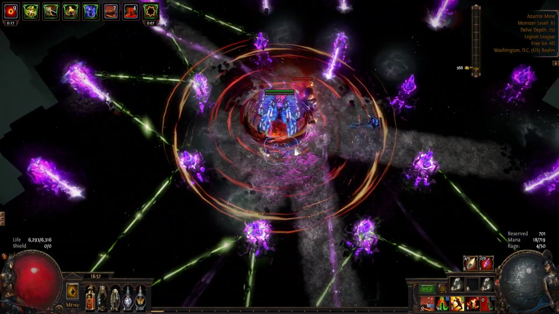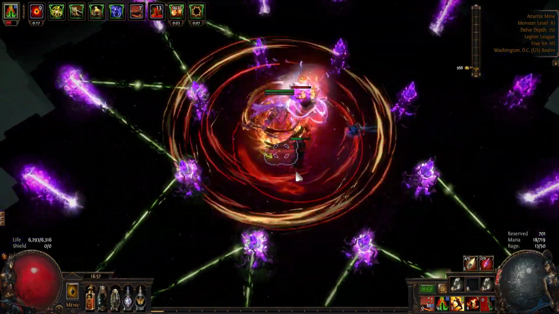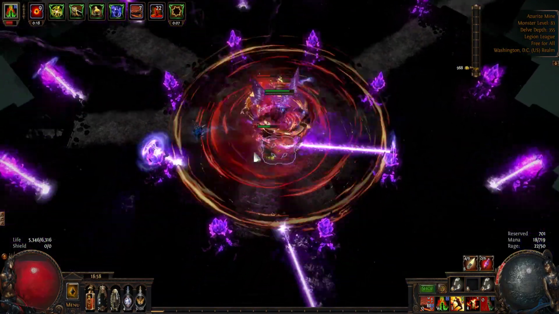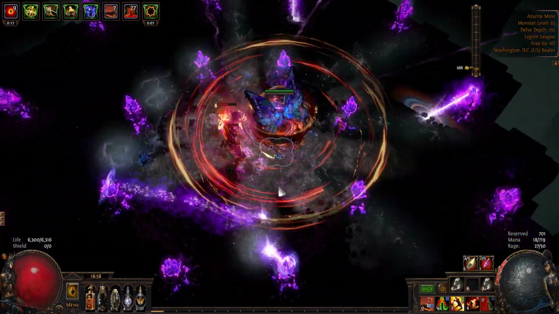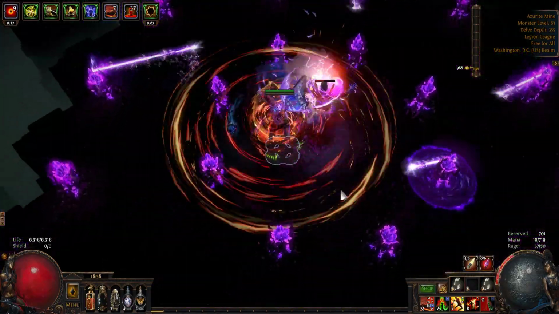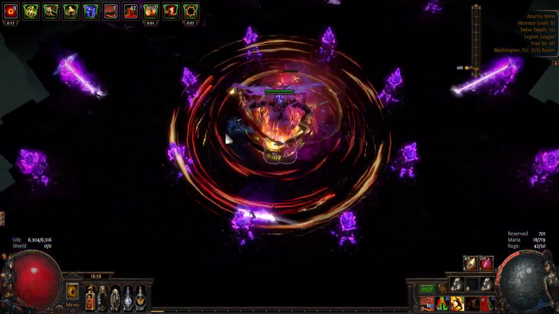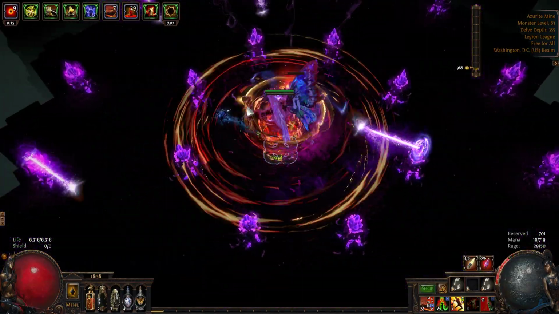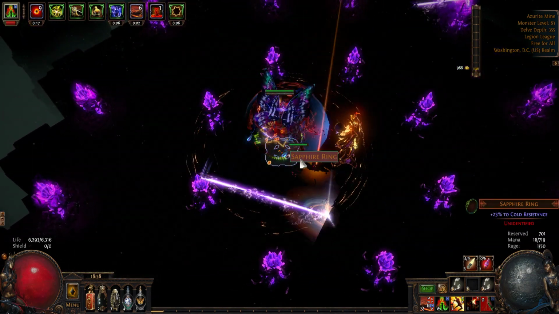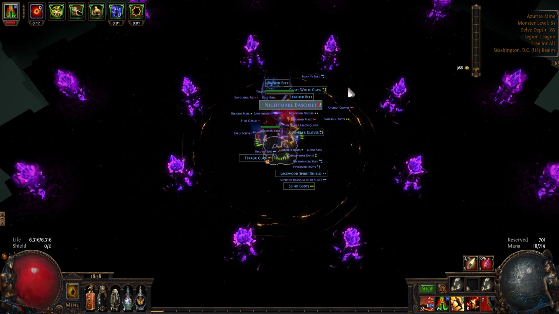What? There's a second phase? I had no idea. Okay, we're still going. Oh, okay, those lasers do some damage on the ground. Those lasers also do some damage. I berserked again. I could drop my War Chief. He's dead. We got a Sapphire Ring and a level 85 Nightmare Bassinet, which could give me...